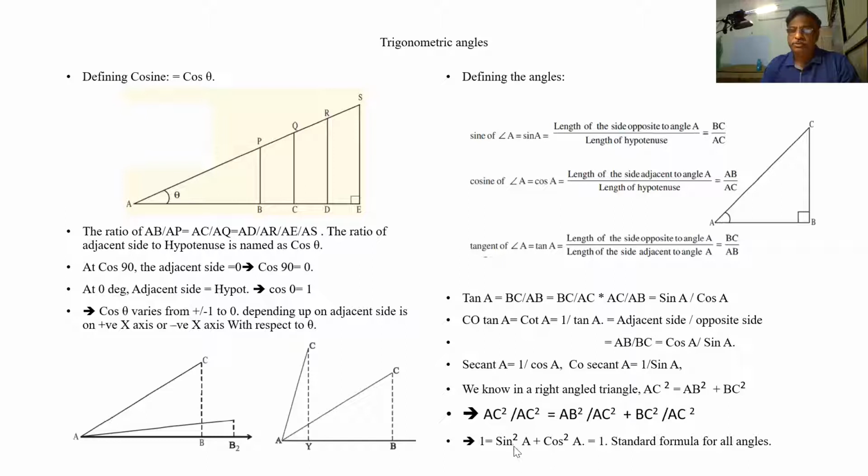So the relation between sin A and cos A is sin square A plus cos square A is equal to 1. This is a fundamental trigonometric equation. It has come from Pythagoras rule: A square plus B square is equal to C square. Okay, we understand this. Based on this, by understanding theta, we will go for exercise 7.1.